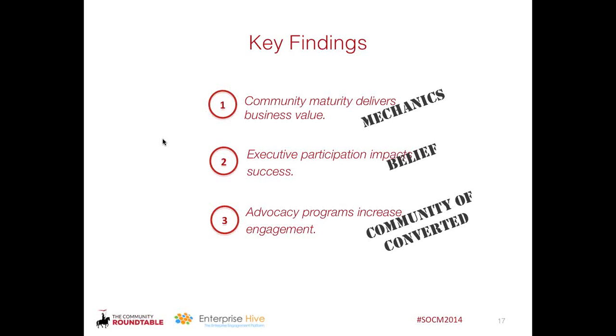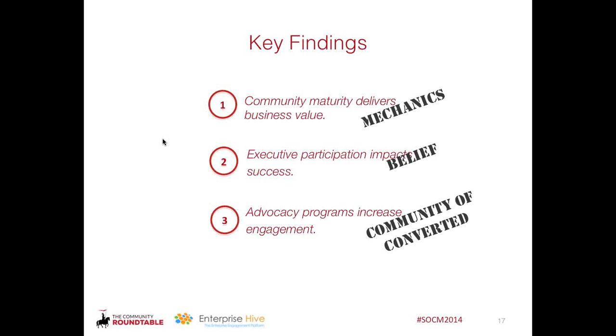And then lastly, advocacy programs also correlate with higher engagement numbers. And when we think of advocacy programs, we're really thinking of emergent community leaders. So these may be students that run student groups. They may be individual students who just participate and really seem to align their interests with that of the community and are very active. And so you want to give those people a formal role and recognition within the community because that really helps scale engagement across the ecosystem.